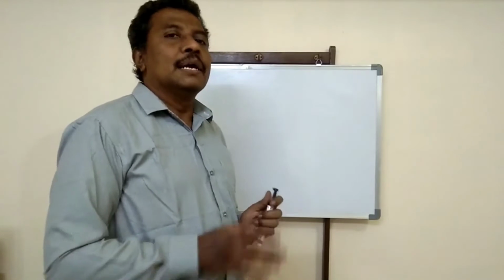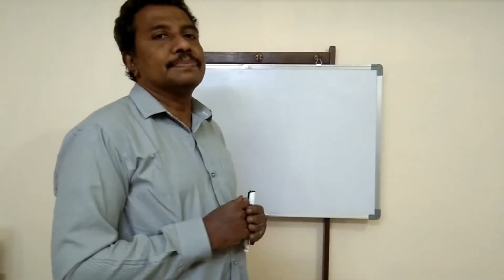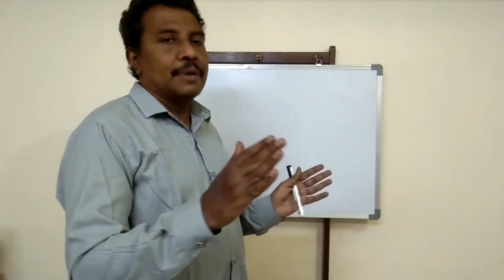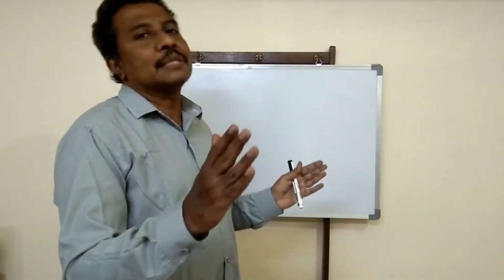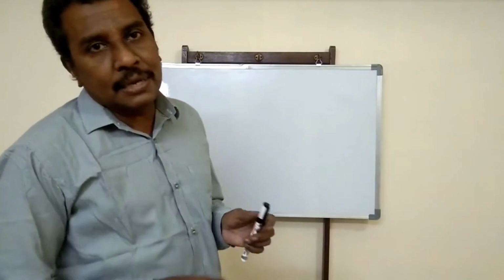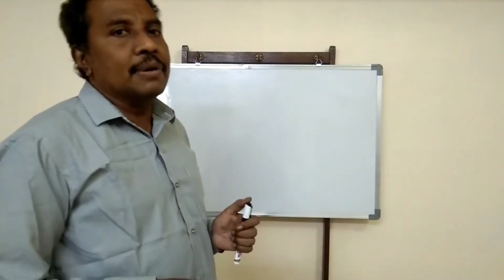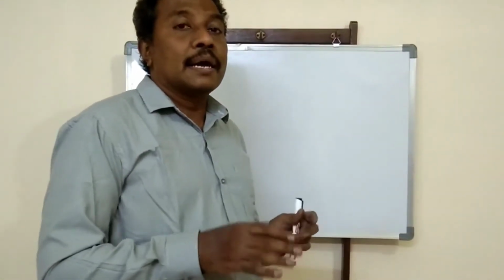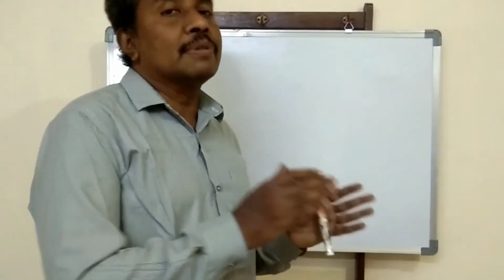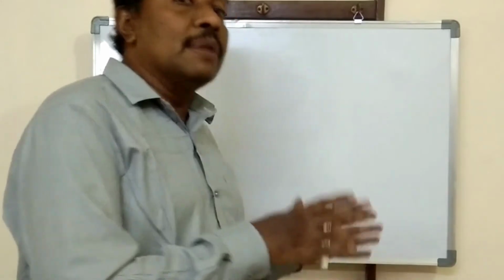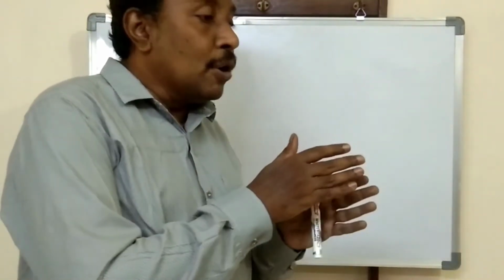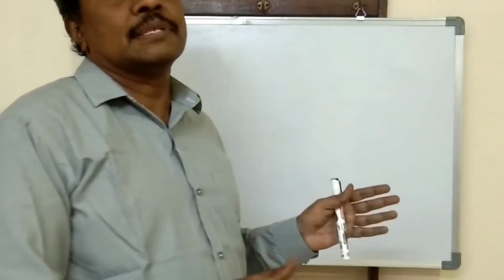We discussed division of a monomial with a monomial. That can be done by using expanded form, that means writing the monomials in expanded form and doing the necessary cancellation, or directly we can do the cancellation. Now today we are going to discuss division of a binomial with a monomial, a trinomial with a monomial, and any polynomial, that means a polynomial containing more than 3 terms, with a monomial.